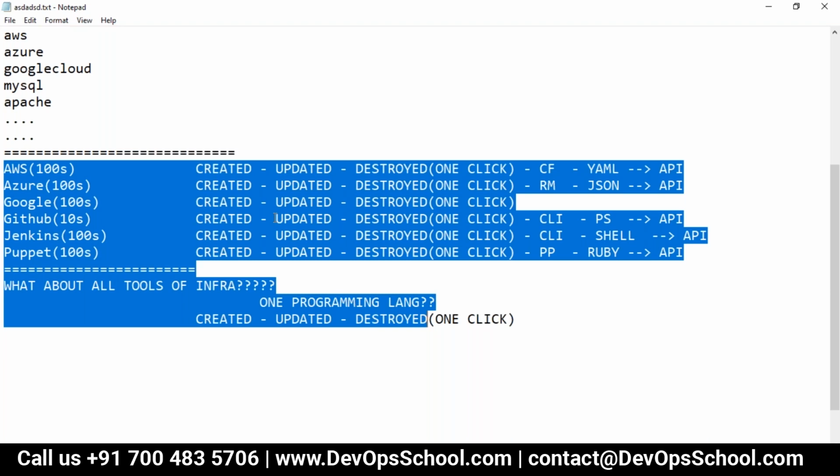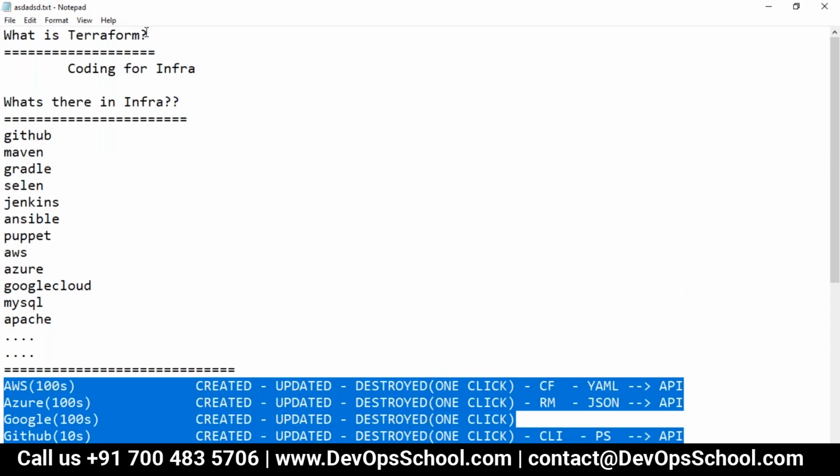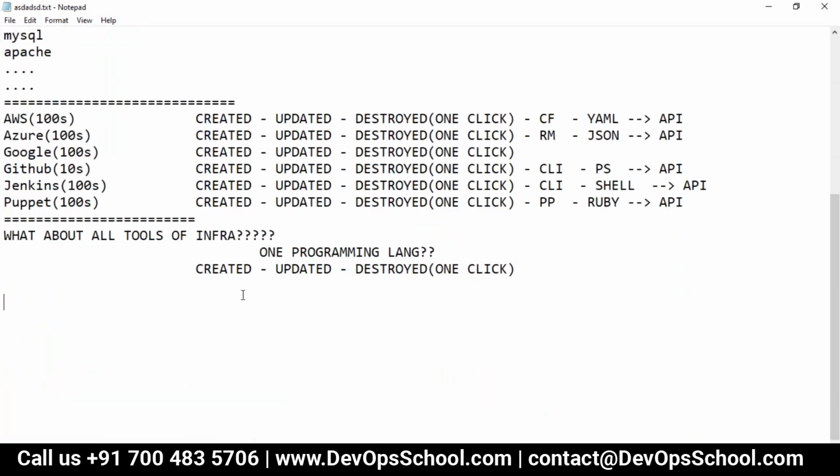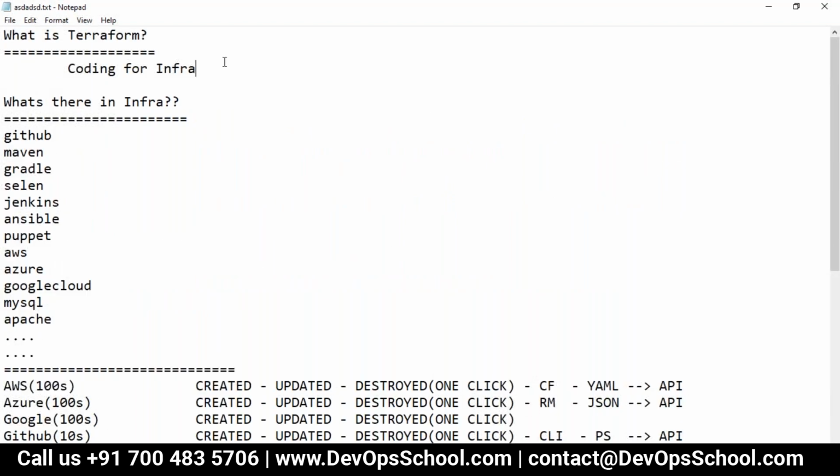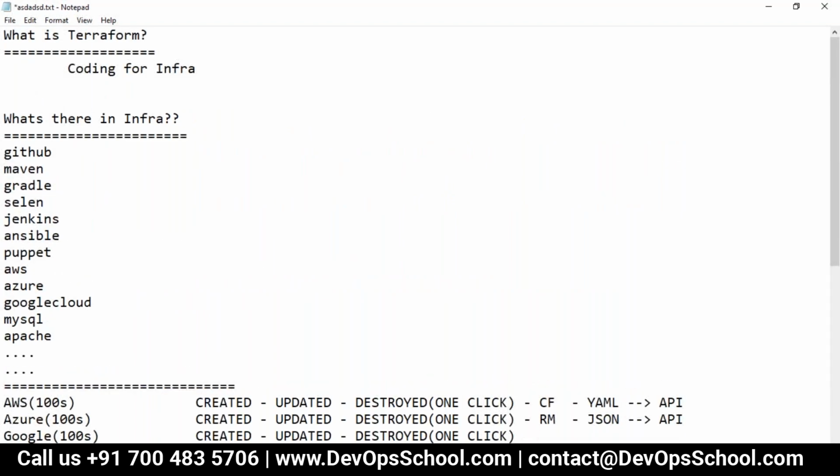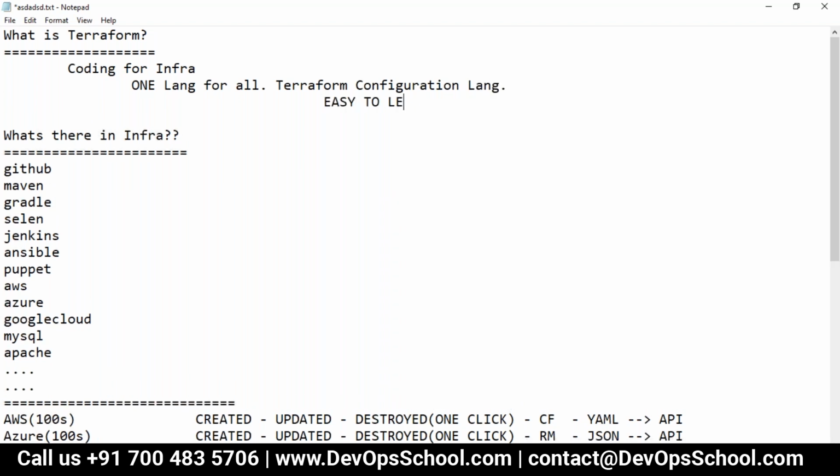So for that, we have one tool which is called Terraform. This is where Terraform can help you. Think about it. Terraform can help you for everything. So here, Terraform, coding for infra, one language for all, which we call the Terraform configuration language, which is easy to learn,